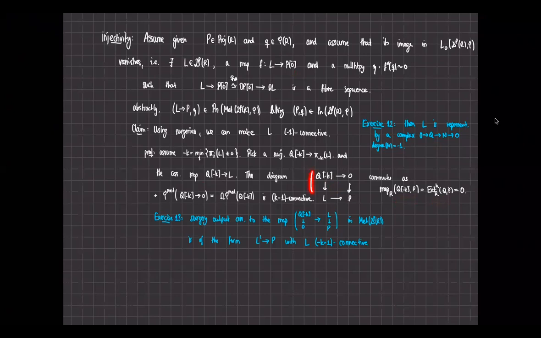And you can view this square as a morphism in the metabolic category and just calculate that it's a surgery datum. Then you perform surgery, and it's another exercise then to see that the surgery output is of the form unchanged. And we change the Lagrangian to something which is now -k plus 1. Okay, so it's essentially the same argument as in the case for surjective things, and is very much along the